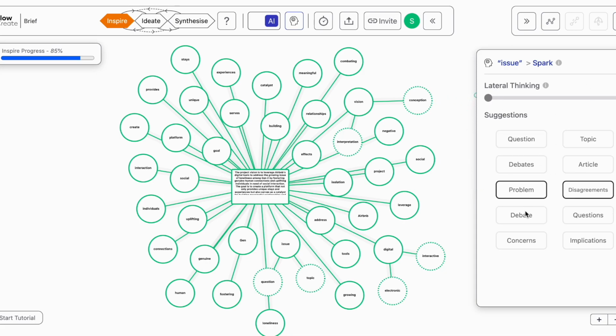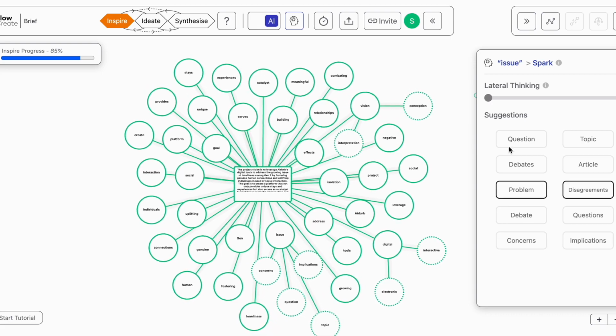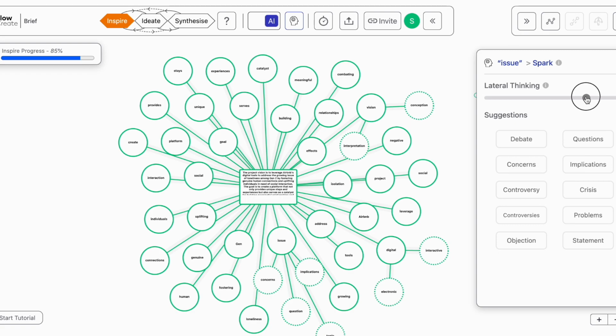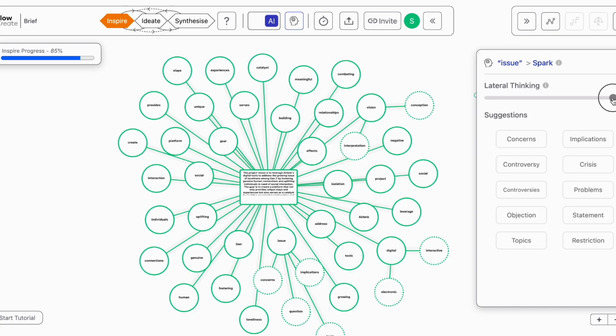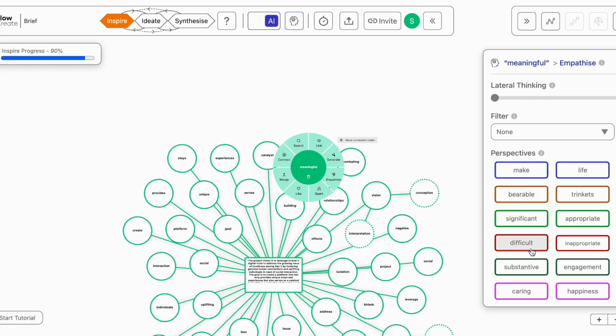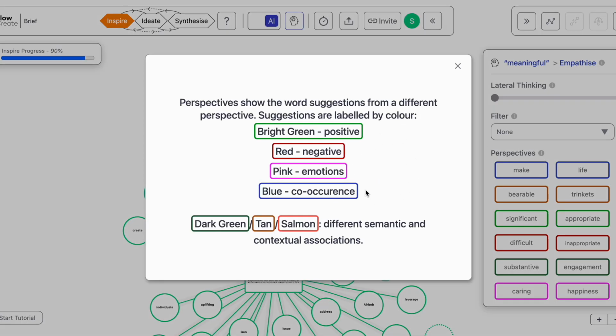and anything that we like to add to something, we can simply click on it, and we can also pull our lateral thinking slider to the right and see things which are a little bit further afield, and helps us with any blind spots that we might have, any unconscious biases that we might have. We can also look at different perspectives by clicking on empathize, and all of these associations are color-coded to help us look at the positive, the negative, or the opposite emotions, and different kinds of semantic and contextual associations around